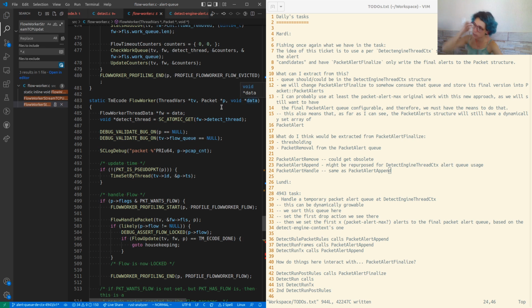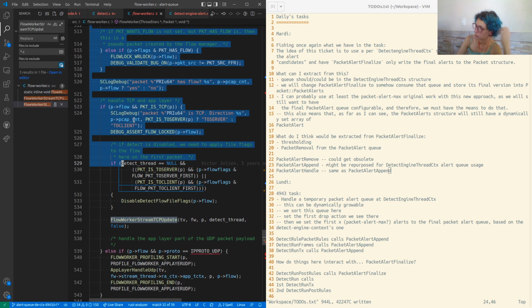We have this data here, and this flow worker has a detect thread, and this is a detect thread. This is still void. All right, detect thread. Then we will detect thread. Why do we do that?